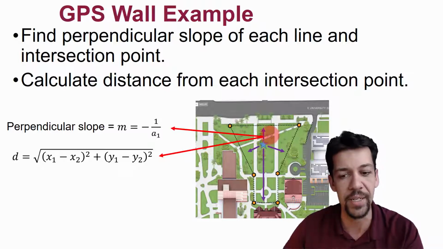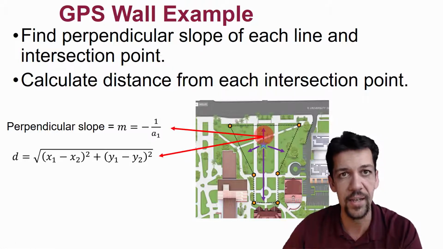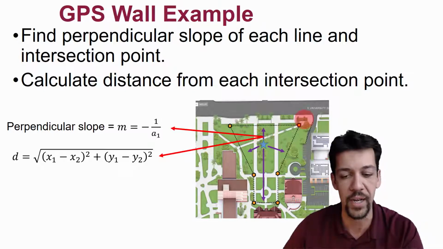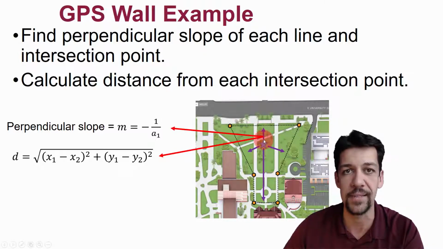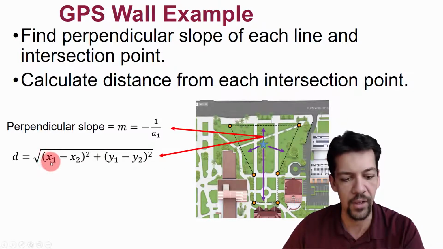And that gives us a perpendicular line, this purple line here, that we can use to then solve for the intersection point. So we've got two lines. We've got y equals a1x plus b1, and then we've got our perpendicular line that passes through the robot. Then we can basically solve for the intersection point between those two lines. Once we have that intersection point, I can solve for the distance between my location and the intersecting point location, and determine whether or not we